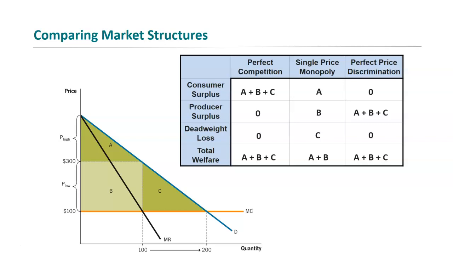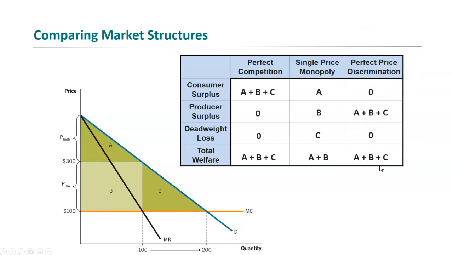And you'll notice that when you look at the total amount of welfare under perfect price discrimination, it's consumer surplus plus producer surplus, and it's exactly equal to the amount of welfare under perfect competition. And remember, this is sort of our gold standard for efficiency. This is our perfectly efficient market with no deadweight loss. And if we can reproduce that same level of efficiency, that same level of welfare, regardless of how we do it, this is also an efficient market.